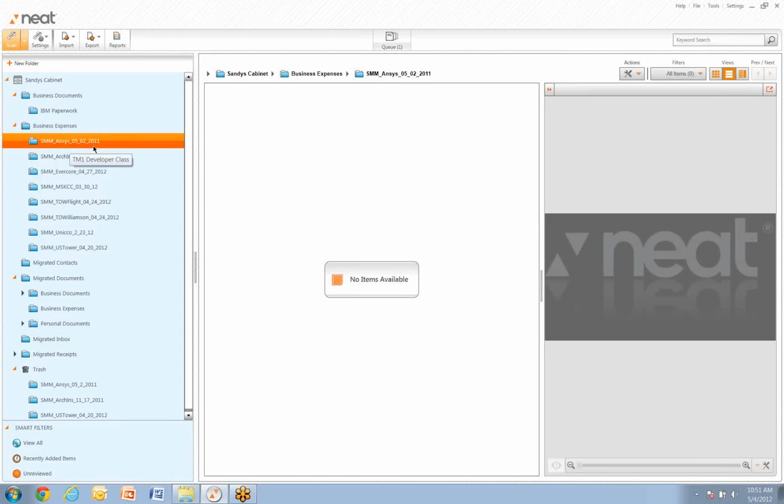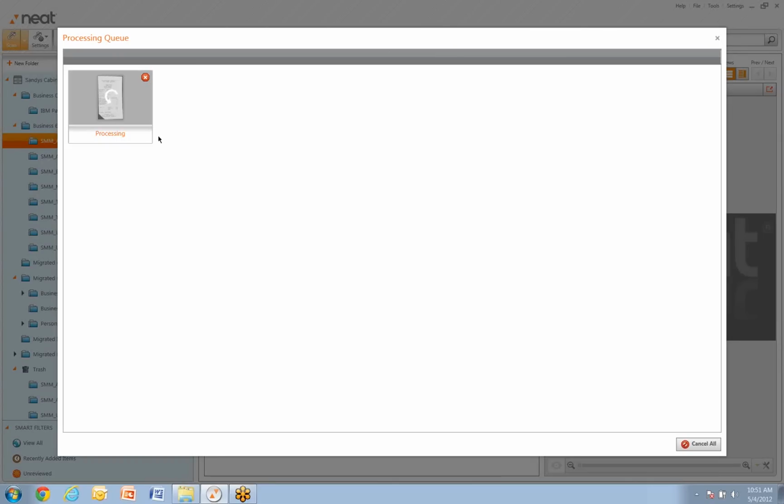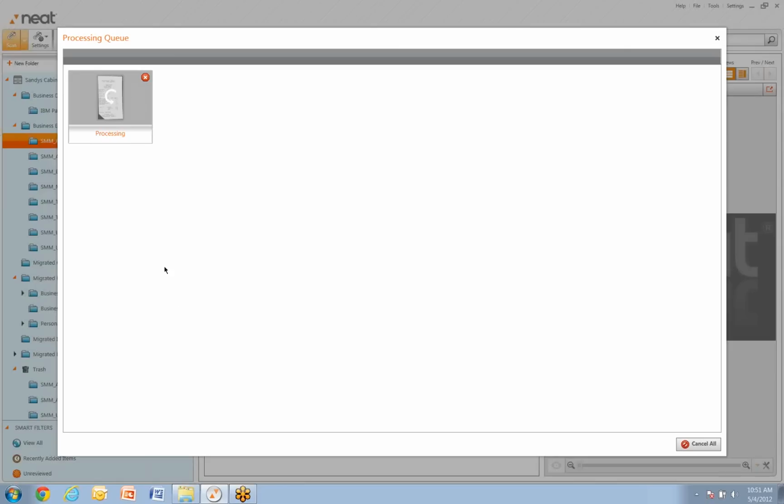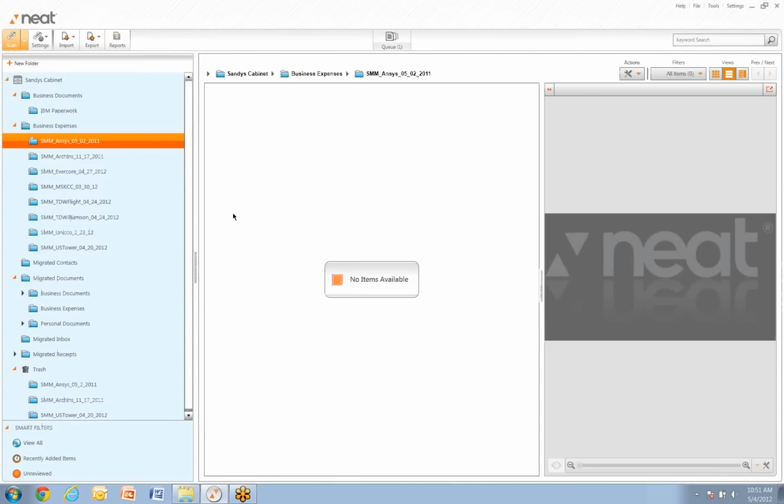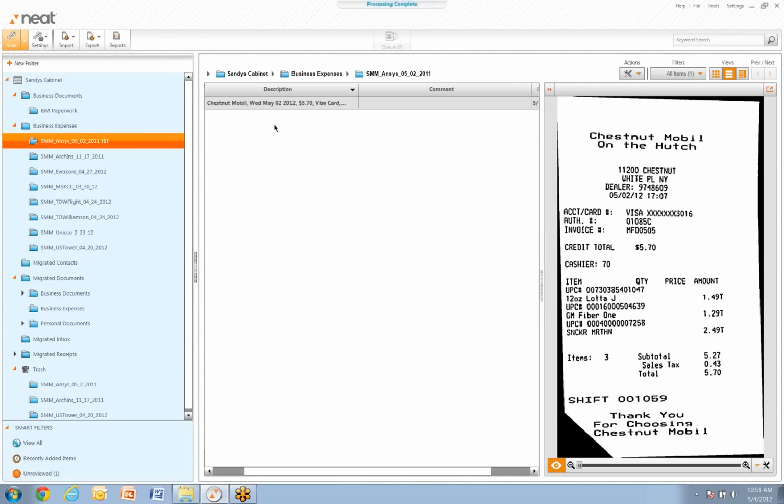If you have the folder selected, it will drop the receipt in that specific folder. You could actually click on the Q button and see it being processed. Once it comes in, you may see it come in as